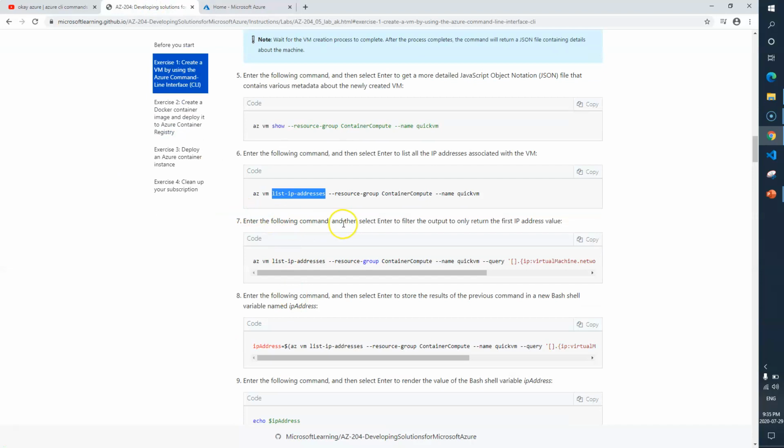Now let's go back. The next command is to enter the following command and then hit enter, to filter the output and only return the first IP address value. So now we need to make use of this particular option, --query, and this will give you the IP address. I'll copy this one.